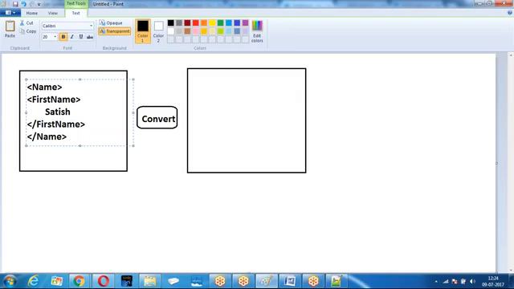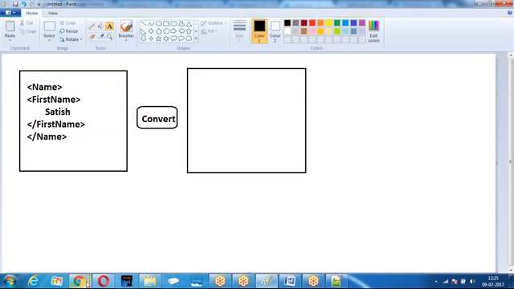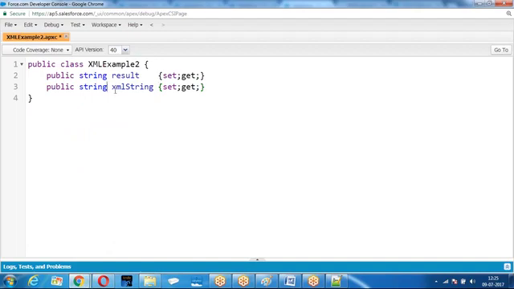Whatever the string you have entered, based on the XML string what I have given, I want to convert back into original format. So I am going to give you XML string which I am going to convert back into original format. This is called as what? Deserialization. If XML string is given, how to convert back into object is deserialization. So look at this example, everyone. This is the XML string you are entering. Then I'm going to give a result.